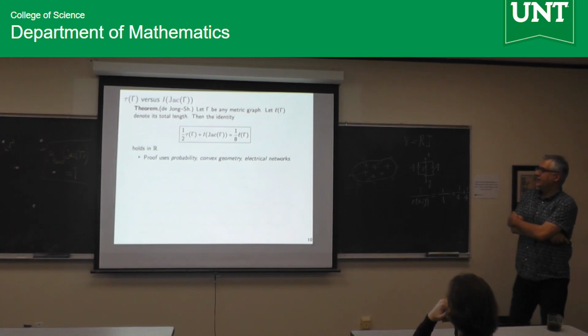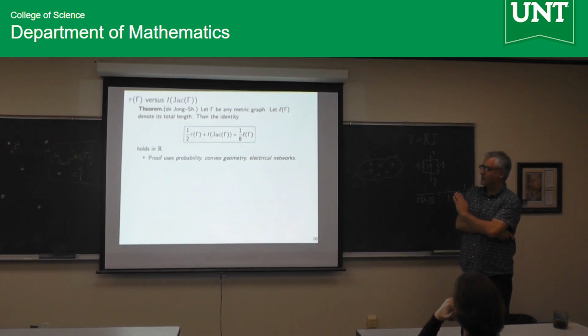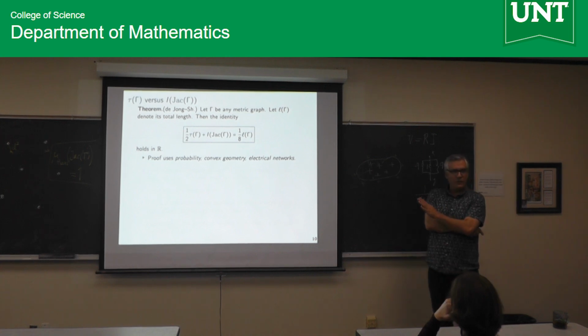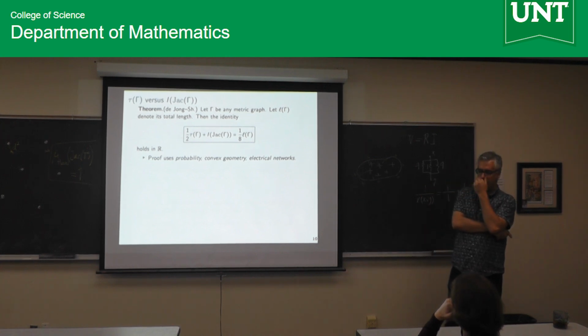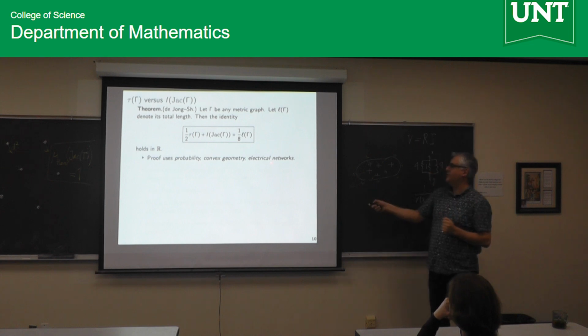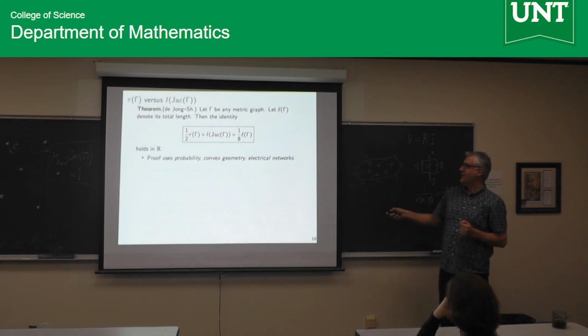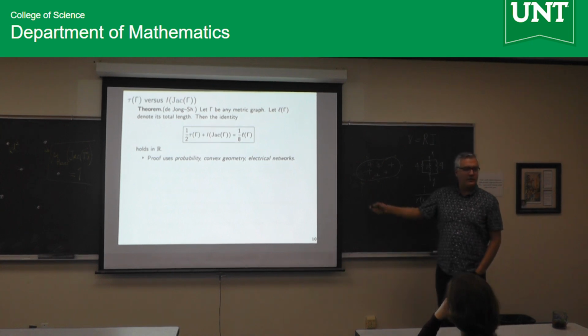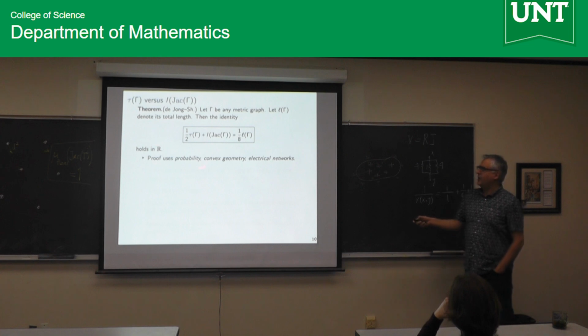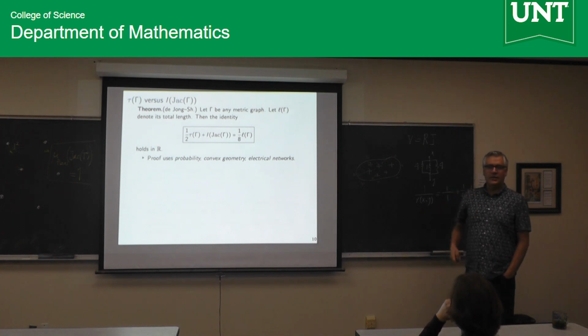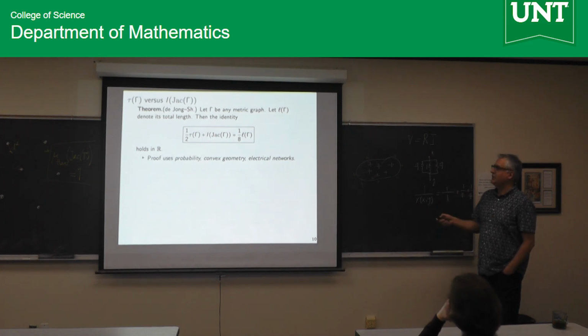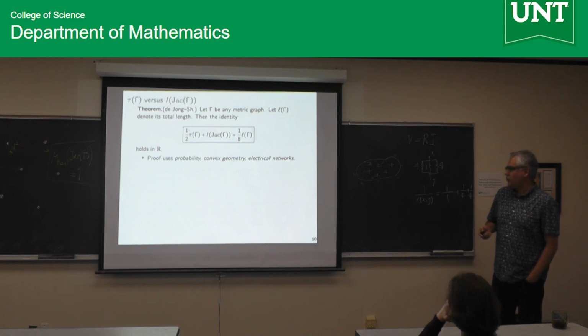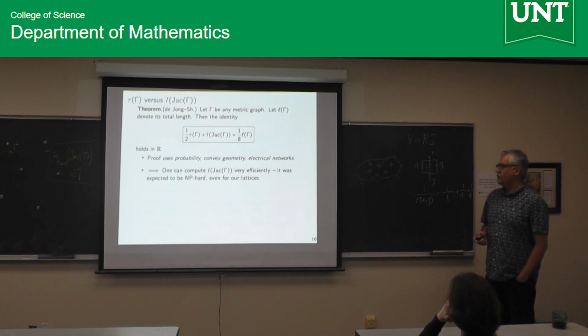The proof that went into this is a very difficult computation that uses probability theory, convex geometry, and electrical networks. Well, electrical networks obviously should be there because tau is there. Convex geometry, well, I'm doing lattices. You can imagine I mentioned Voronoi polytopes and things like that. And probability, I also mentioned this very quickly, the connection to random spanning trees. I glossed over it very fast. So it's a totally combinatorial proof.